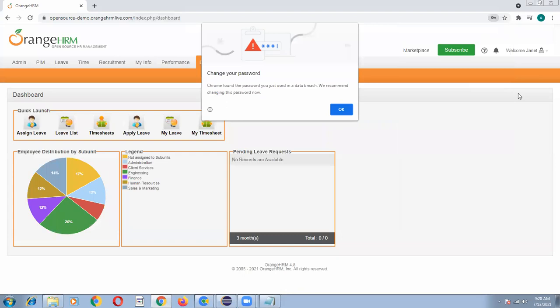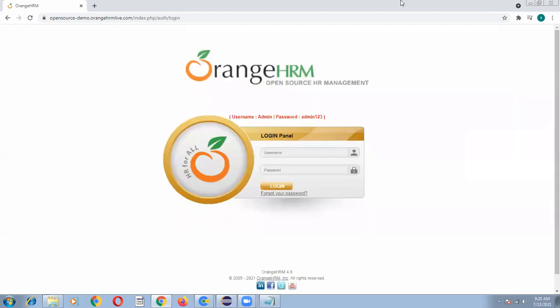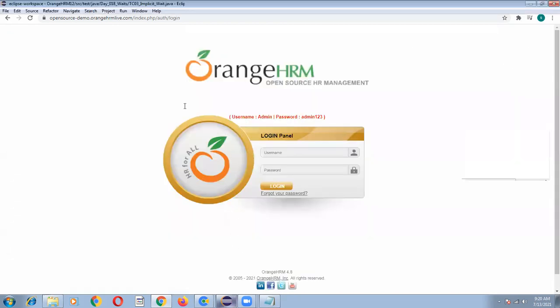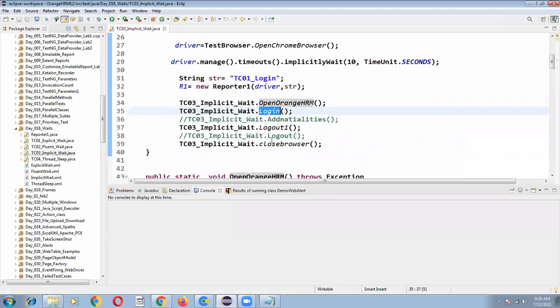Once I log in, I want to click on welcome, and after that click on logout. I have written a set of driver instructions and I am calling the required methods: open OrangeHRM, login method, logout method and close browser.